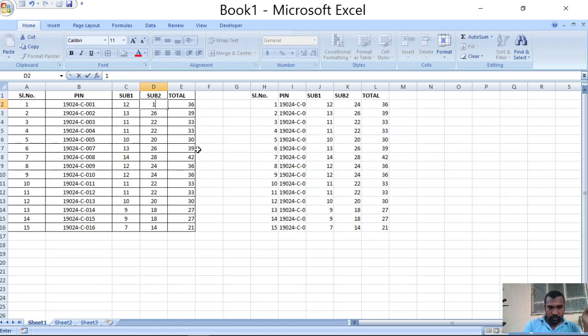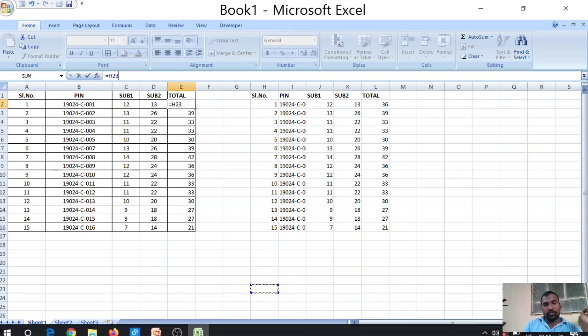So 12 plus 13 is 25, right? So it is updated. Here I am changing to 13, but the total will not change. Here you can observe, if I click on this total cell, in the formula bar it is displaying 36. If I select this total, the formula bar displays some equation,